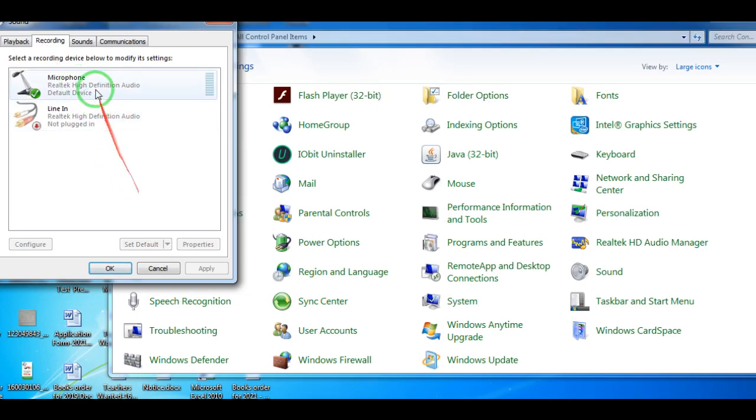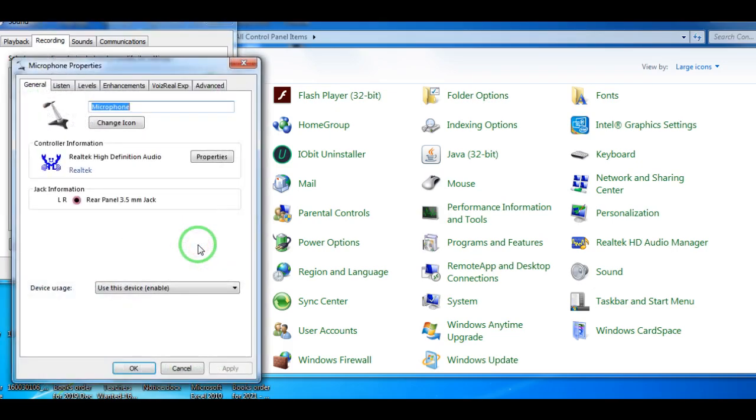Here I have inserted a microphone in my computer. Click on the microphone, then you will be able to see properties is enable. Click on the properties,